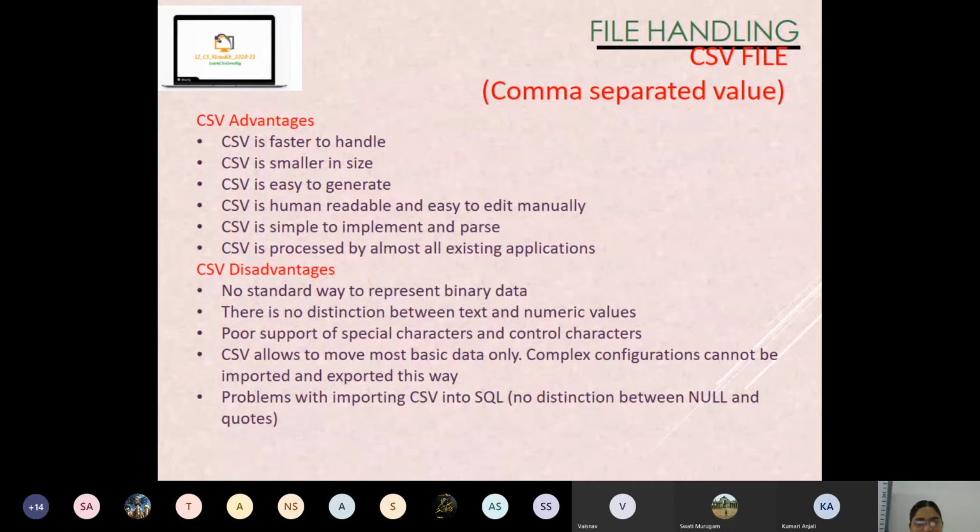Poor support of special characters and control characters. CSV allows to move most basic data only. Complex configurations cannot be imported and exported in that way. Problem with importing CSV into SQL is no distinction between null and double quotes or single quotes. Got it, children? So now let's proceed.